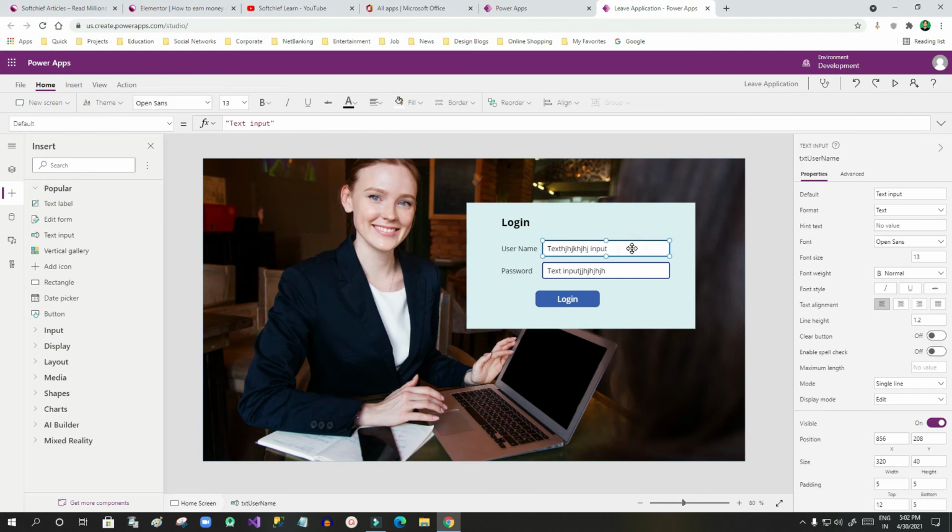So if you don't want it, then you just click this and go to the default value and make it blank. And here also in the default value, make it blank. But if you want the placeholder, then you can use this hint text. Okay, let's say enter username, and here I can use enter password.